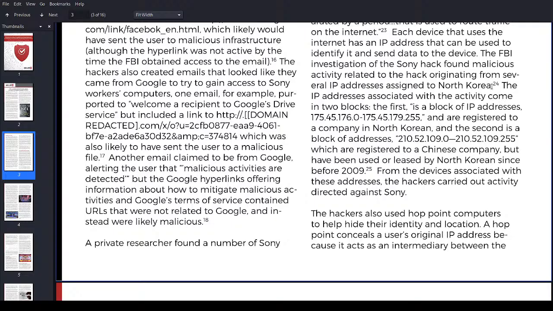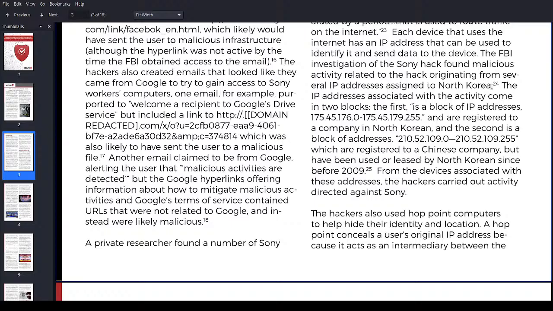Those are the private IP addresses that you most likely have at your house. But everything outside that is either assigned to a specific company, like Google, I think, has their own specific IP addresses, and Yahoo, etc., the big players in tech, and then countries have their own specific IP addresses. So that's how they were able to see the IP block range going to North Korea.